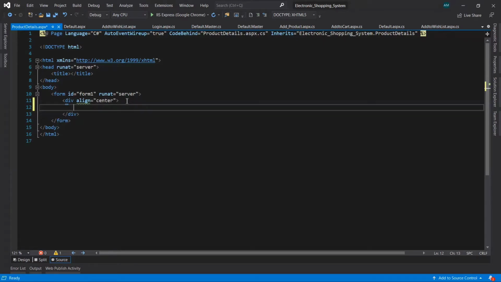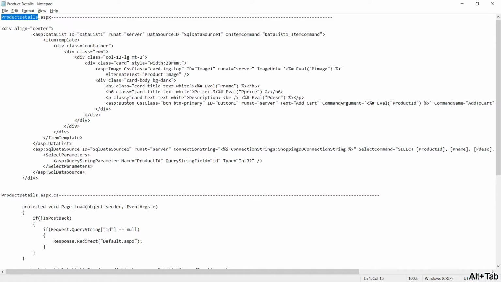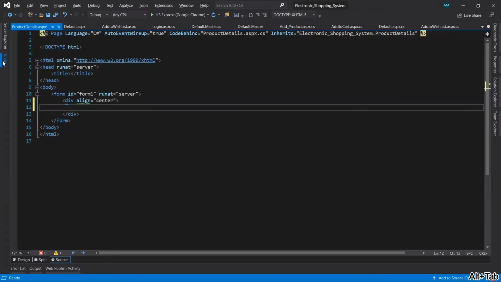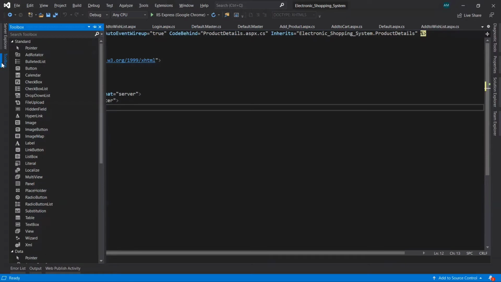Here we need a DataList control for displaying the product details, that is the product name, image, price, description, all that. So let's drag and drop the DataList control.